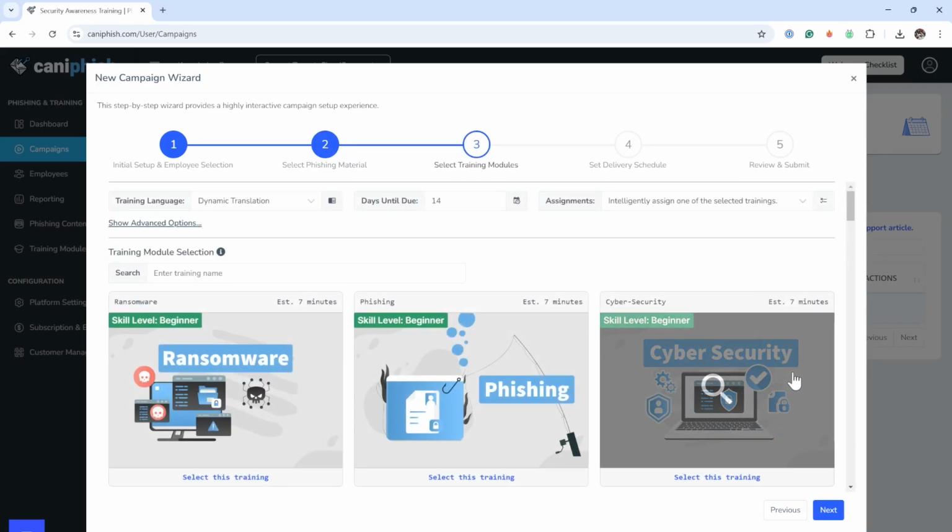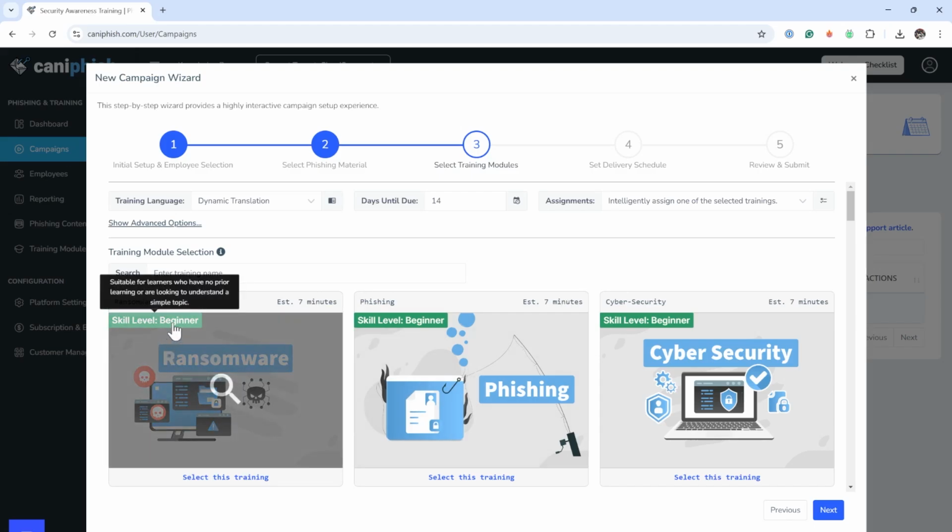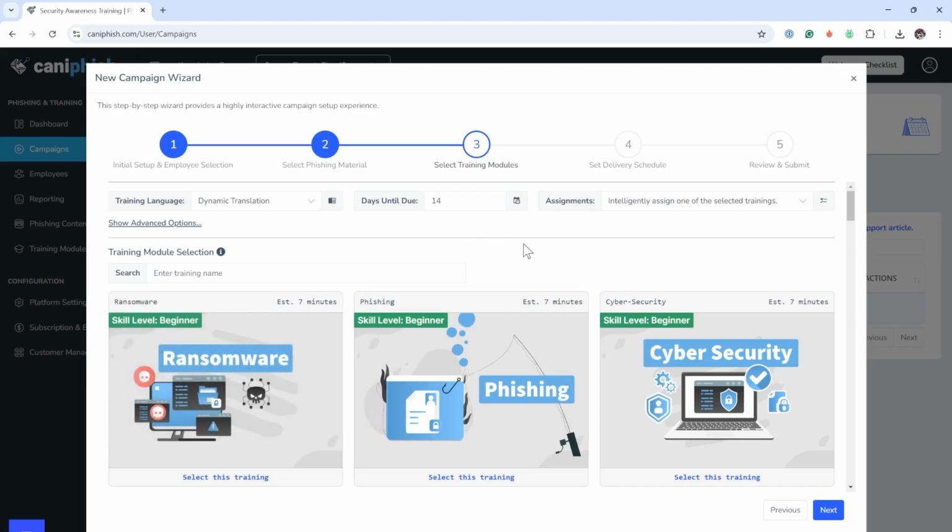All right, now it's time to select the training. So as this is a monthly training, I want to select multiple trainings. And I also want to select trainings from different skill levels. And that's because by default, the system will be intelligently assigning one training to each user every time they fall for a phish. So the system will look back to see historically, how has this particular user interacted with the